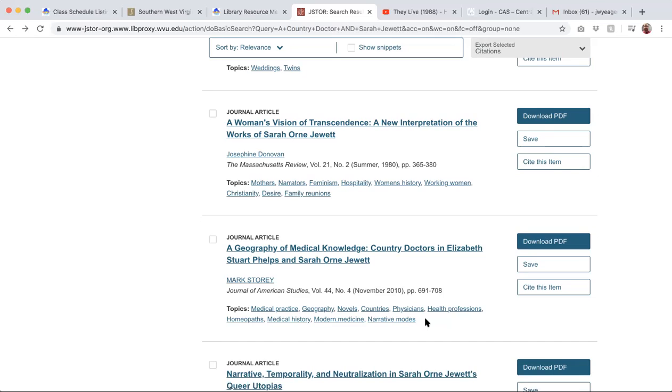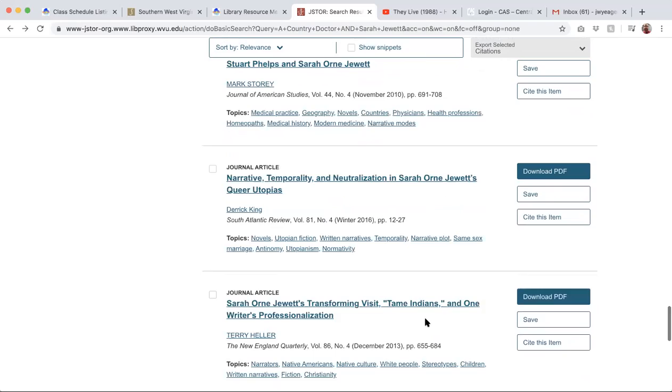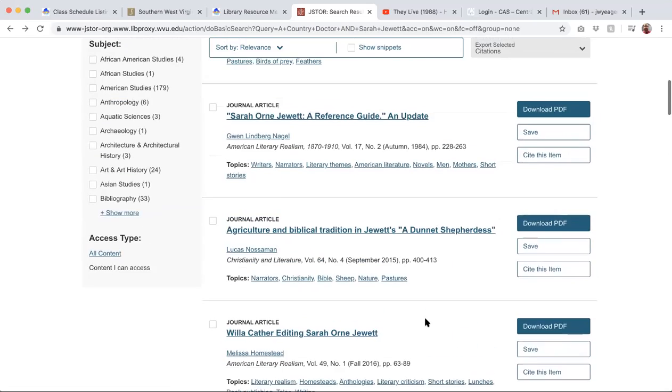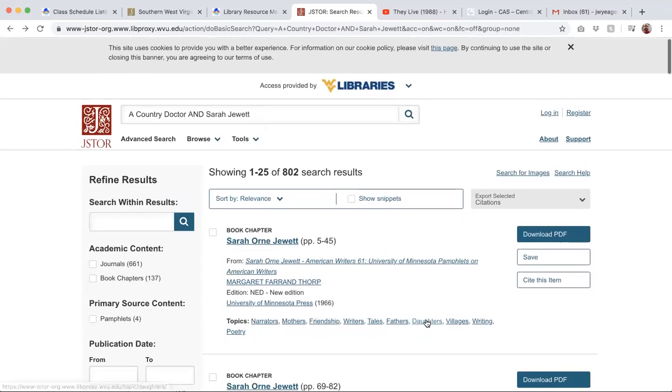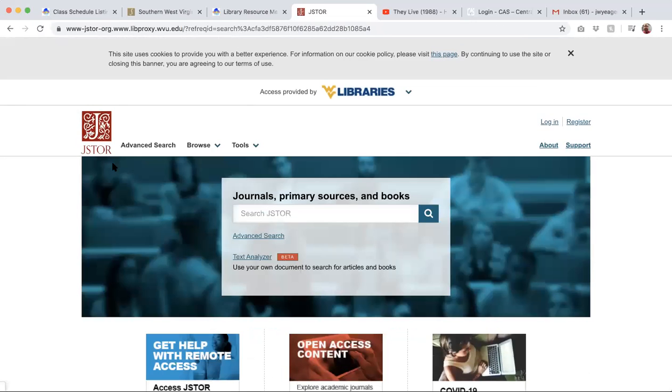Plus, it's super expensive, right? They have money to pay for this stuff, and we don't. Concord, if any of you know anyone who goes to Concord, Concord has access to a bunch of this stuff too. So if you want to use someone, they can use their database privileges, right?